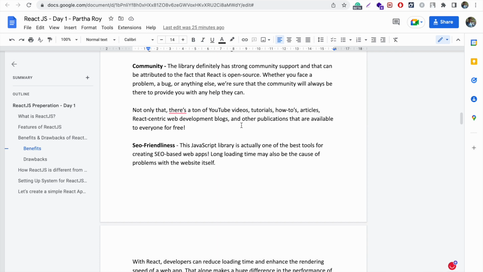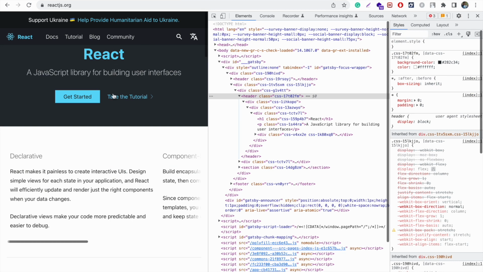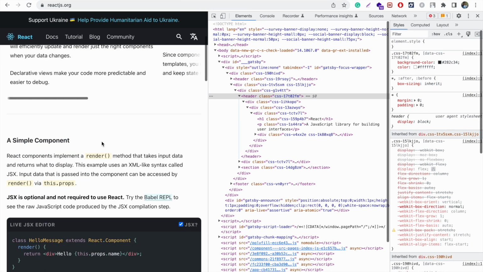Also, as it is written here, a lot of YouTube videos, tutorials and articles are there for React.js. Okay, so the next point is SEO friendliness. This particular thing I really like because there are different kinds of front end, and in that you might have heard something like single page application. A single page application is where everything is there inside that page only, and there is no reload that happens